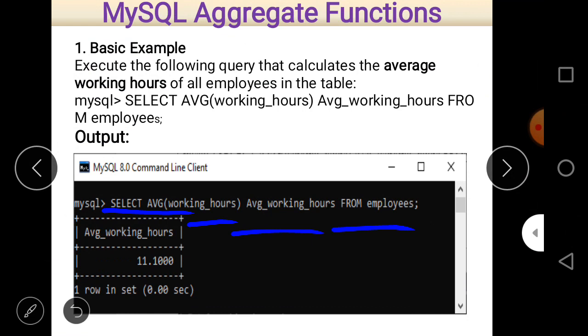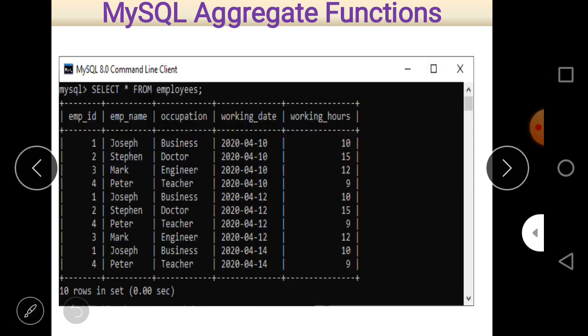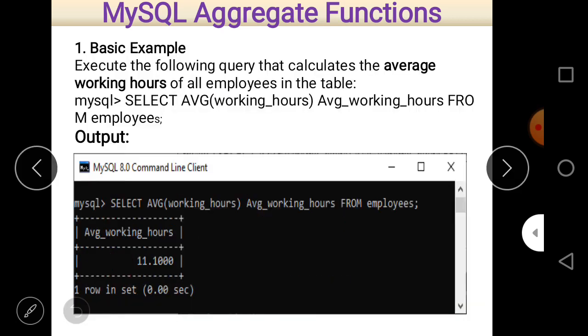You can see here that the select command is used, and with that select command the average function is used, and within the parentheses the name of the column is given, and the name of the column is working hours. After that a name is given, an alternative name of this column, average working hours.